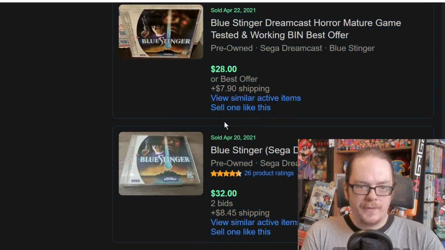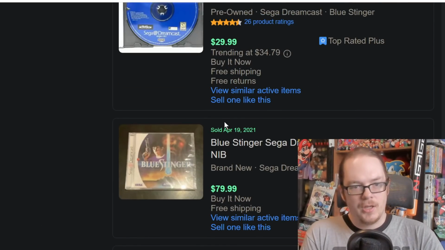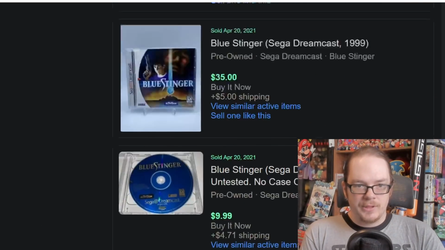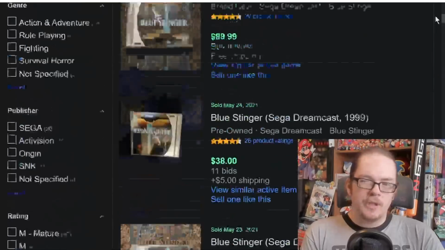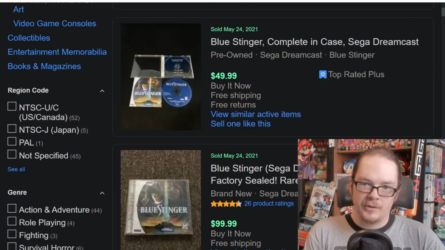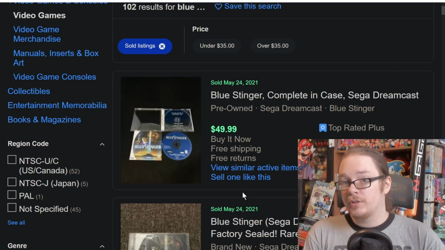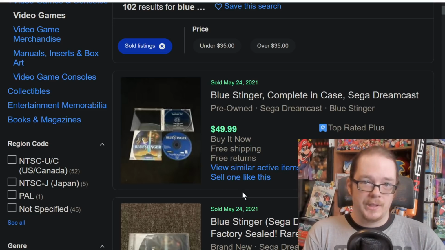But if you scroll far enough down, you can see that back not too long ago, copies were still going in the $35 range. But that doesn't really seem to be the case anymore, right? Why would somebody come on eBay and suddenly list a copy of Blue Stinger for $30, $35 when all other copies are currently selling for $50 and all other asking prices around $50? Unless they want to seriously undercut, I don't think you're really going to see too much more of that